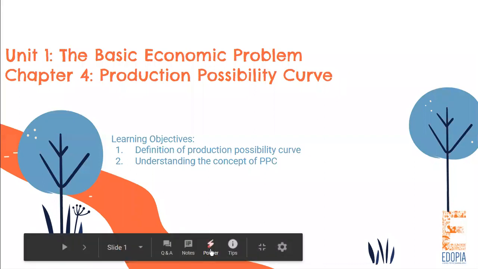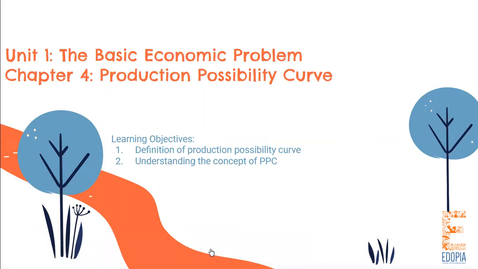Previously, we have studied the different economic problems, and those were the basics of economics. So basically, this chapter is going to deal with the curves. It's going to become a bit technical from here onwards. You just have to understand how the curves work and what basically the production possibility curve is. If you understand the definition of the production possibility curve properly, then it will become far easier for you to